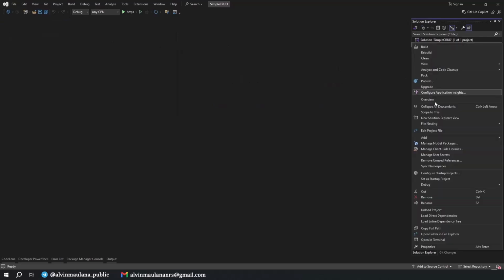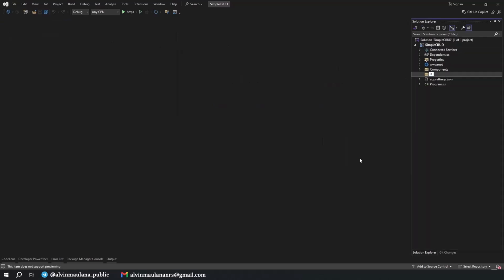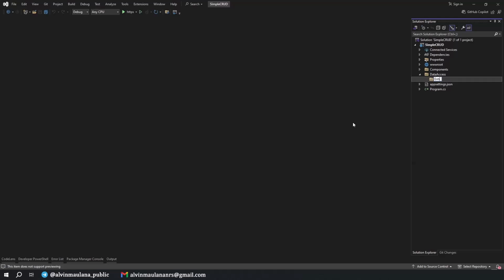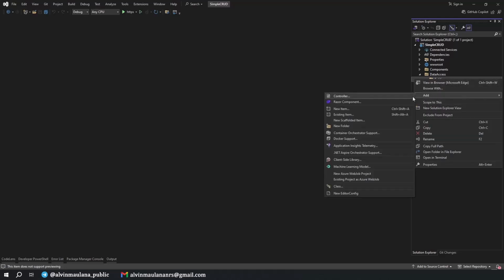Because now we are going to have a new folder in here. We name it Data Access. Any database-related items in this project, we will put into this folder, like entity, application DB context, seed data, anything related to database. And now we are going to have another folder for entities. Actually, for this project, we only have one entity or one table, but it's okay. We keep it as a subfolder in case you want to modify this project. You can just put another entity in here.